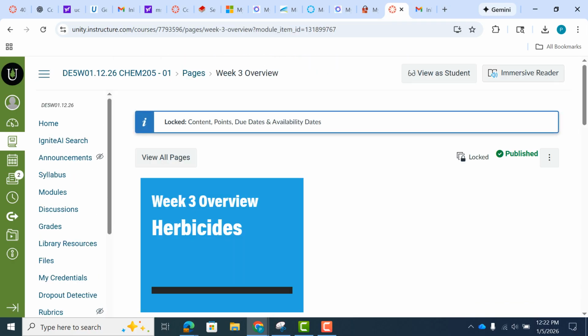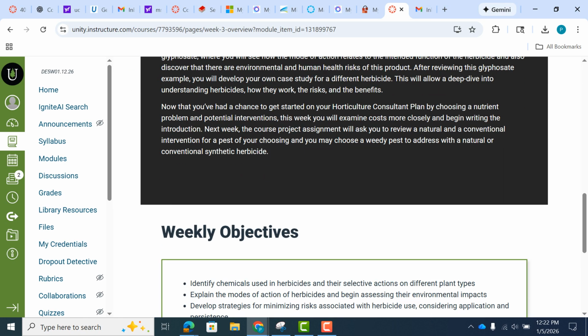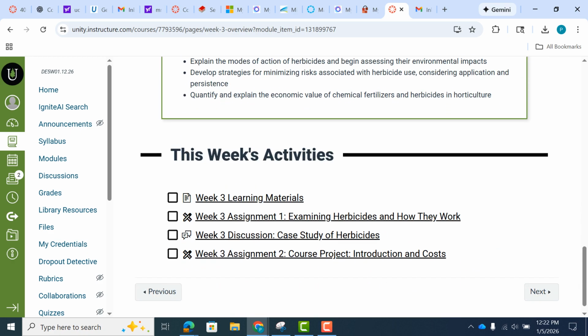herbicides. In week 3, the focus shifts to herbicides and weed management. You will learn how herbicides work at the chemical level and integrate cost considerations into your consultant plan. So just like before, in week 3 we have the objectives here, learning material here, and you have assignments 1 and 2, and a discussion here, a case study of herbicides. And week 4,